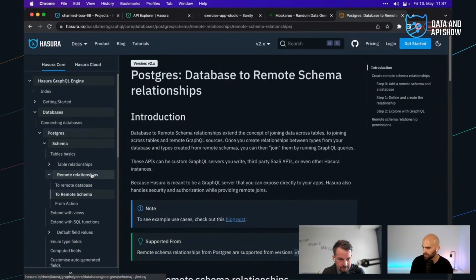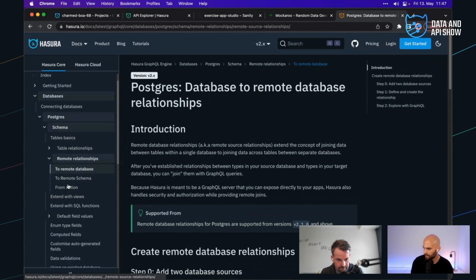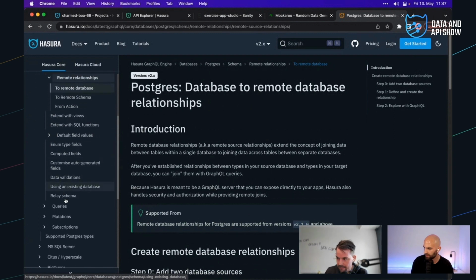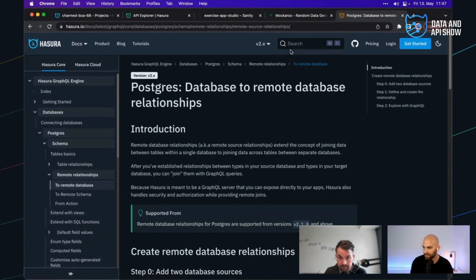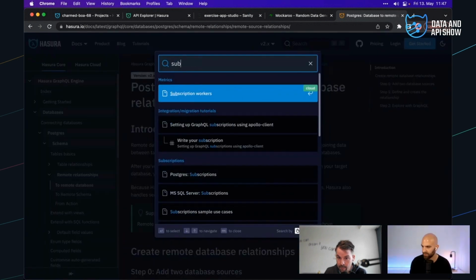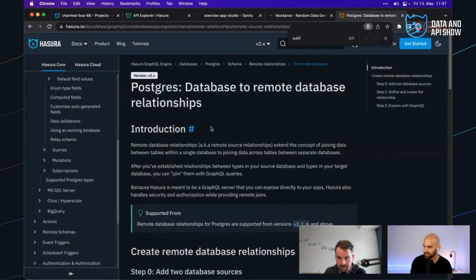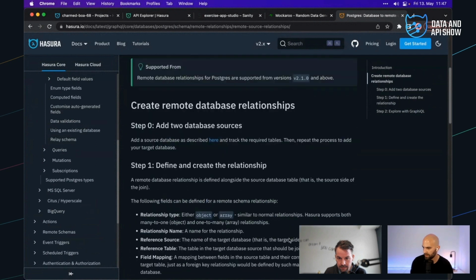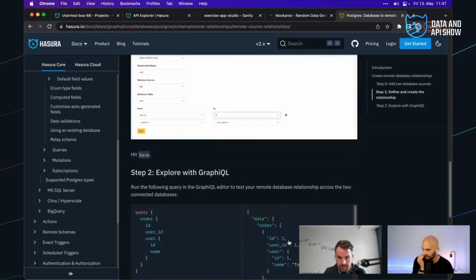We want to do remote relationship, database to remote schema. I'm just looking here for the... Well, I mean, the concept should be the same. See if it lists here on the page. Generally, that would be something I would expect to be available then under the metadata.